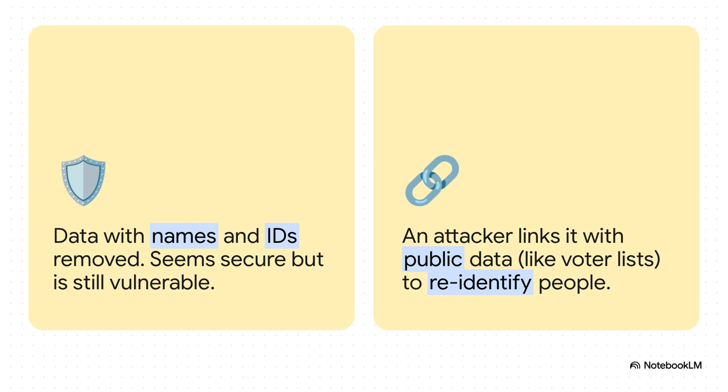You start with what looks like safe, anonymous data. But a clever attacker can do what's called a linkage attack. They take your supposedly anonymous financial data and they combine it with another totally public data set. Think voter registration lists, which have names, ages, and zip codes. By matching up those common data points, boom, they can suddenly re-identify people and see their private transactions. So yeah, anonymization by itself is just not good enough.